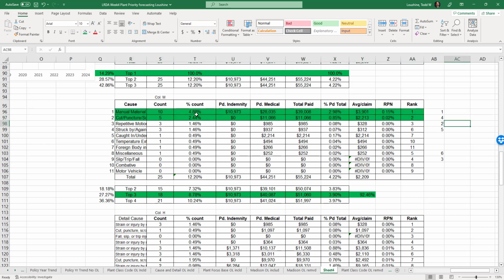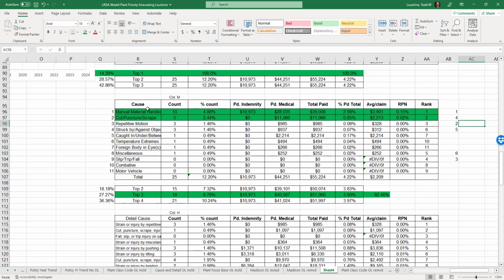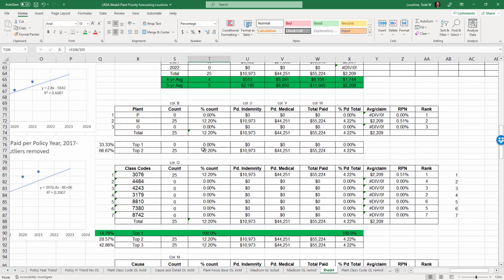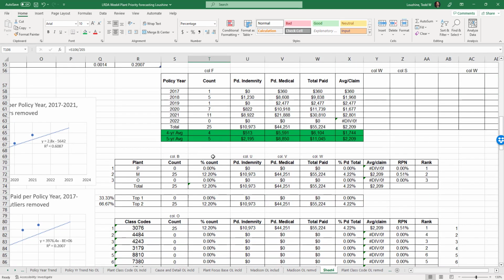So there's going to be two trends. We're going to do a trend for the manual material handling. I don't know how much we're going to find with cut, puncture, scrape with only 5 and over 5 years. So the information is starting to get a little bit too small to do much with, but we're going to do it anyway. So just for 3076, for this one class code,